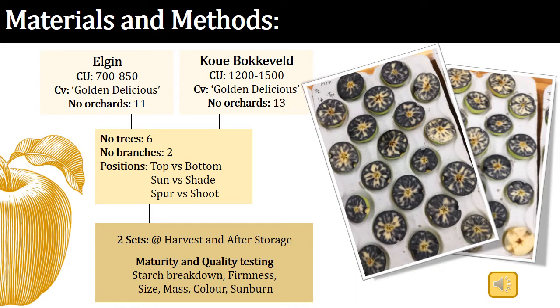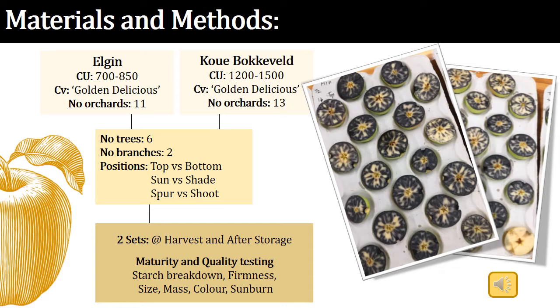We consider two climatically contrasting apple growing regions. Elgin, the warmer region with 700 to 800 chill units in winter, versus the Koue Bokkeveld, the colder region with 1,200 to 1,500 chill units. We selected 11 Golden Delicious orchards in Elgin and 13 in the Koue Bokkeveld. Within each orchard, 2 branches from 6 trees were selected, and all the fruit were harvested as a single strip